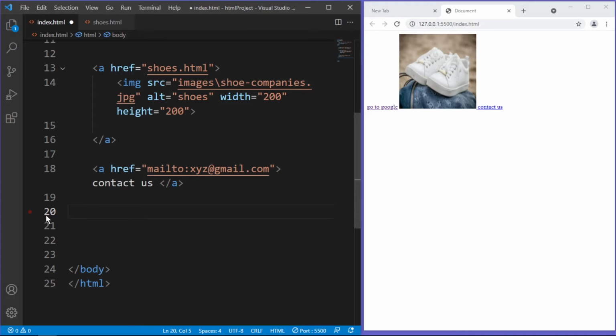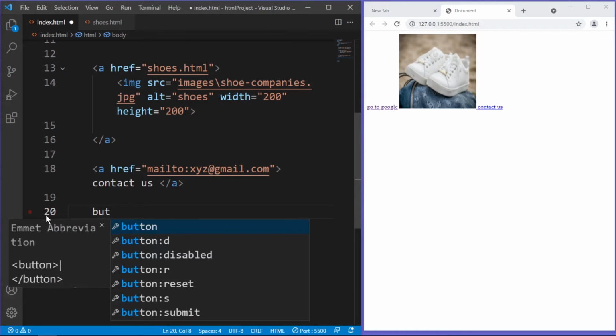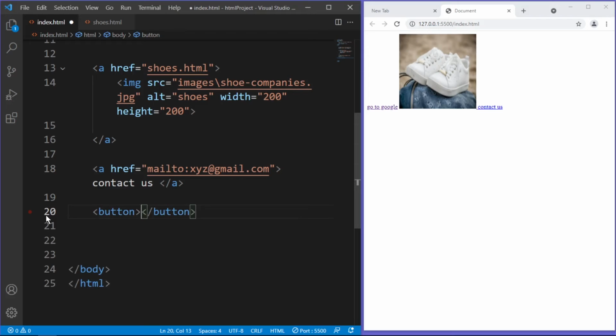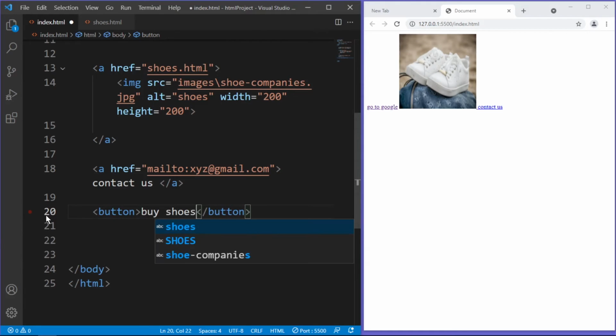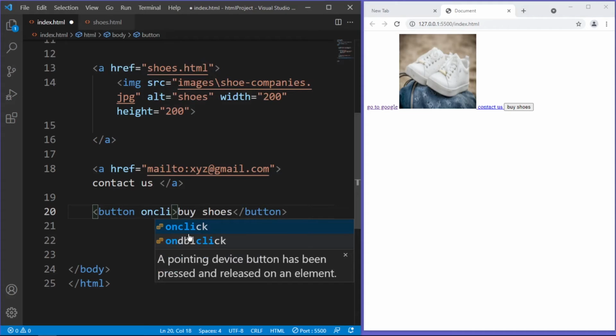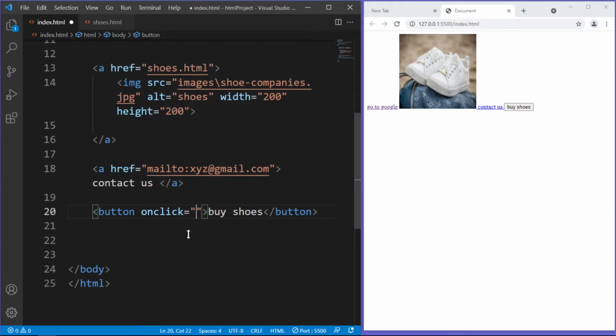You can also use an HTML button as a link and redirect your users to any web page by clicking on that button. Let me add a button now. I want to redirect my users to buy shoes. It's saved, and you see here is a button now, and here I'm gonna add an attribute onclick, and here comes in JavaScript. And if you need to learn more about JavaScript, you can watch my video and find the link in the description below. Let's type in here